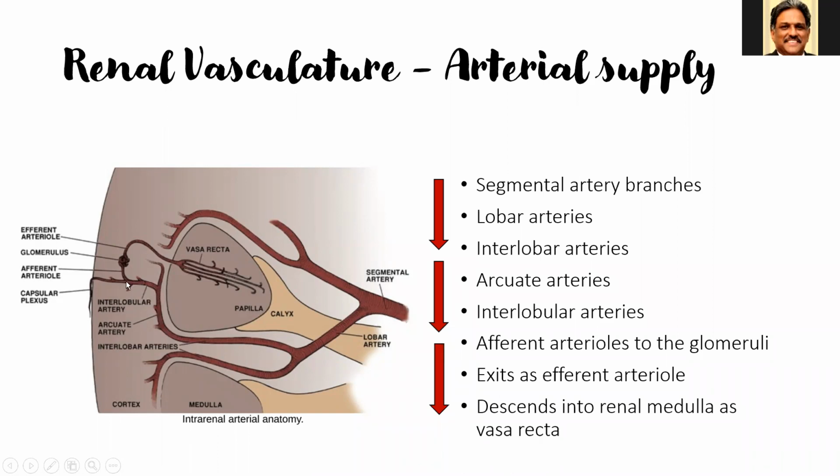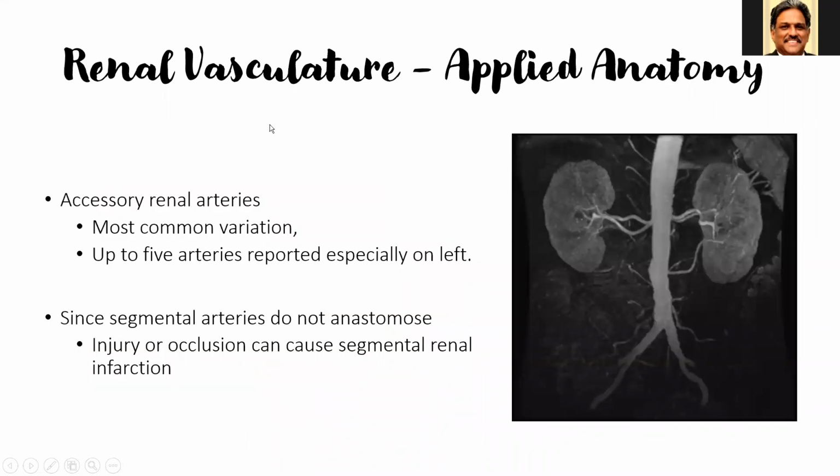The interlobular artery gives off an afferent arteriole. The afferent arteriole enters the Bowman's capsule of the nephron to form a tuft of capillaries called the glomerulus. Once glomerular filtration has happened, the artery exits as an efferent arteriole. This efferent arteriole again enters the medullary part of the kidney along the renal tubules, where continuous exchange of substances happens.